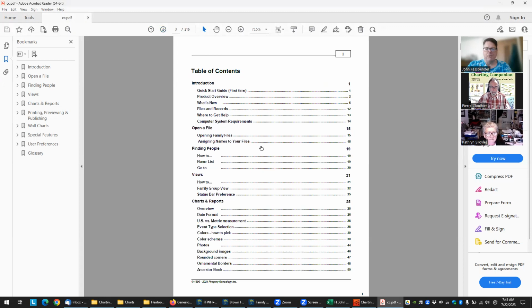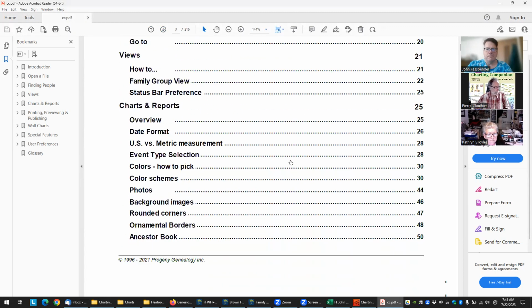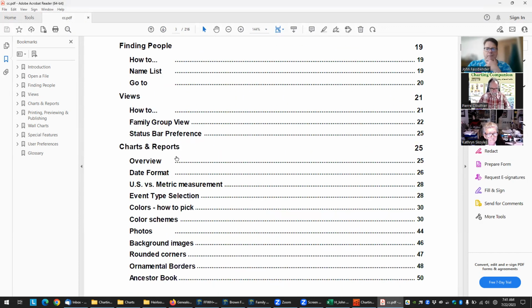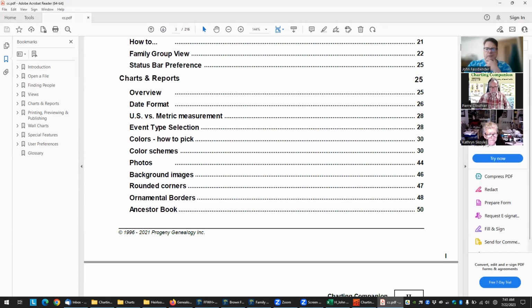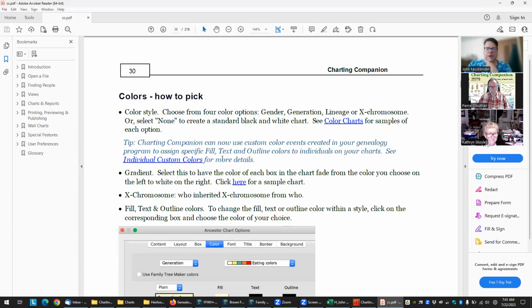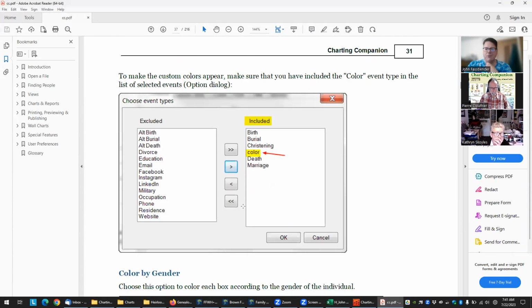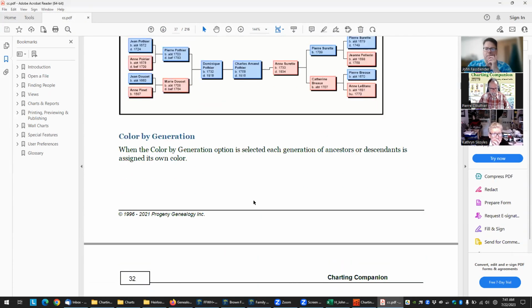But you can go through, and it covers all the different types of views, charts, and here, if you want to start doing stuff, match, who might match me on the X chromosome, if you start doing that,